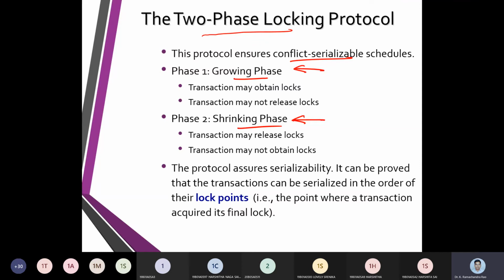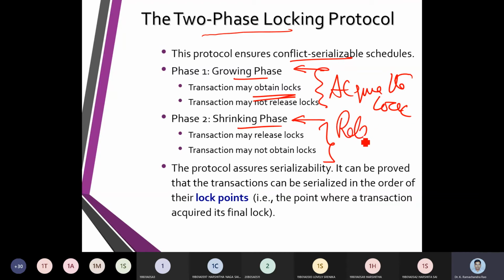In the growing phase, we will acquire the lock. In the shrinking phase, we will release the lock.